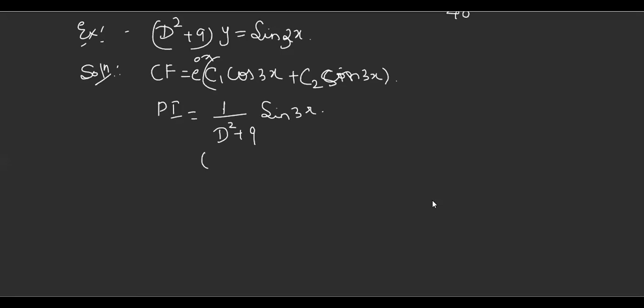So D square, this belongs to case 2. If you have any trigonometric function, D square should be replaced by what? Minus a square. What is my a? My a is 3. Correct? That means it is minus 9. Suppose if I replace it, what happens? This is now D square minus 9 plus 9, which is 0. So if it is 0, do we have to replace or not? Don't replace. So what has to be done then?